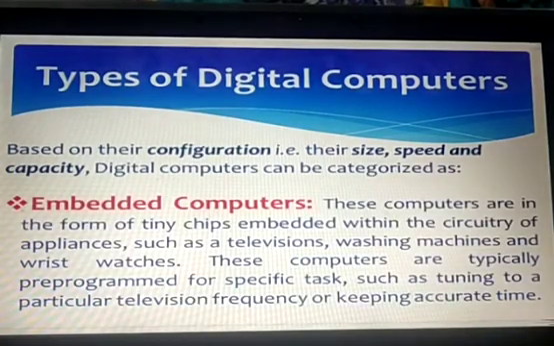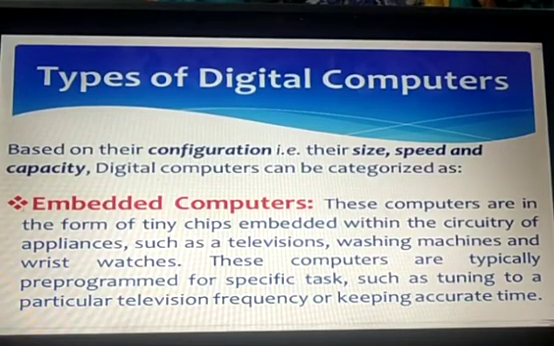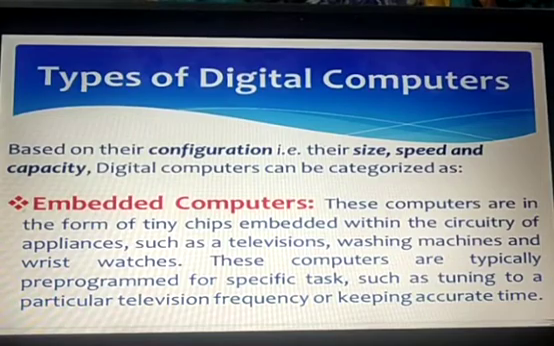These computers are in the form of tiny chips embedded within the circuitry of appliances, such as televisions, washing machines, and wristwatches. These computers are typically pre-programmed for a specific task, such as tuning to a particular television frequency or keeping accurate time. And the next digital computer is